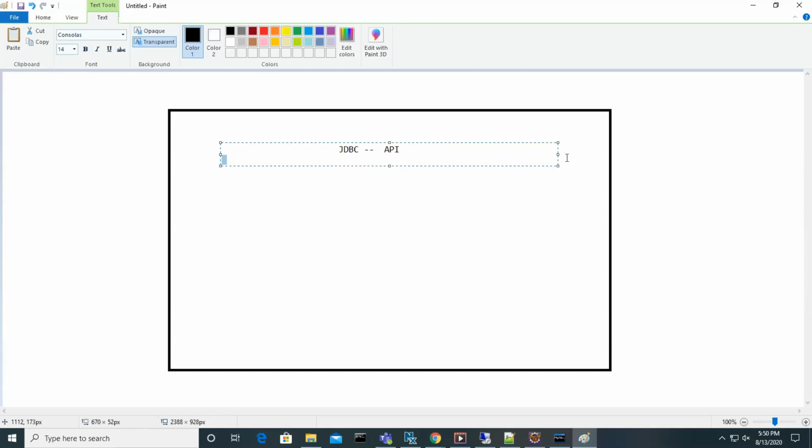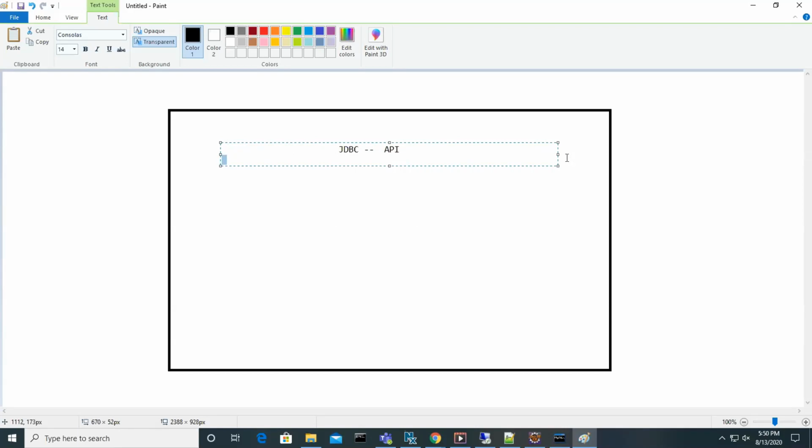So this JDBC API gives all the information, all the ideas on how to connect with any database. This is not only for the MySQL database, guys. You can connect with Oracle, SQL Server, Sybase, different databases, whatever databases we have in the market, all are RDBMS databases.